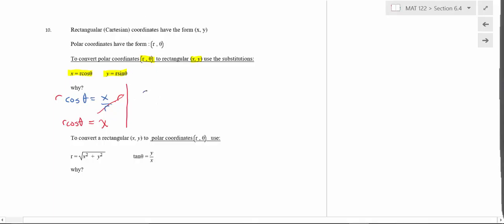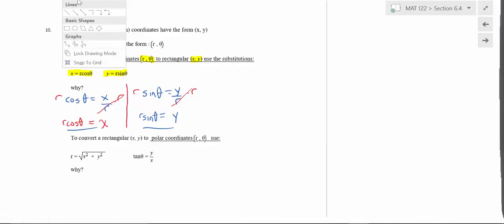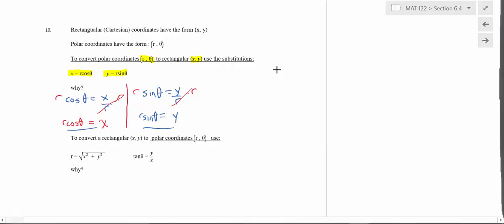Okay, and same thing with the sine. You know that the sine of theta is y over r. So if you multiply both sides by r, you're going to get y equals r sine theta. So see, these substitutions are just the definition of the trig functions rearranged and solved for x and y, is all they are. Now I'm going to also show you a diagram, a familiar diagram